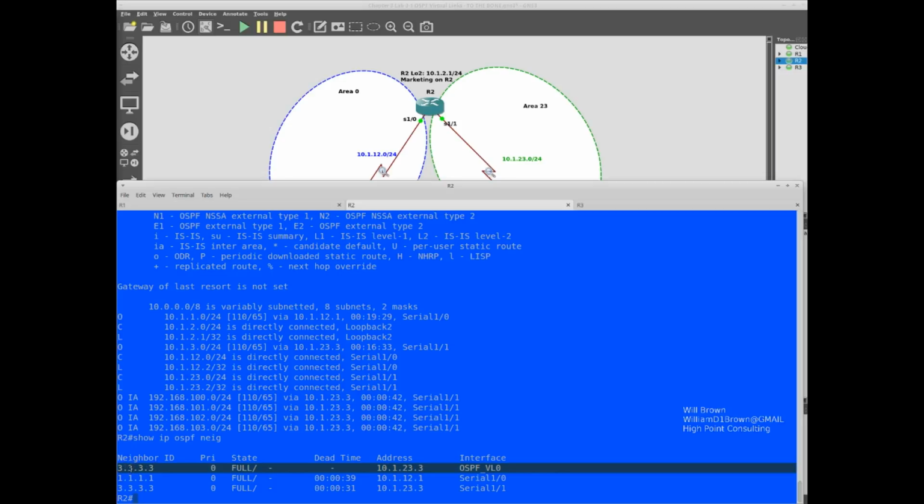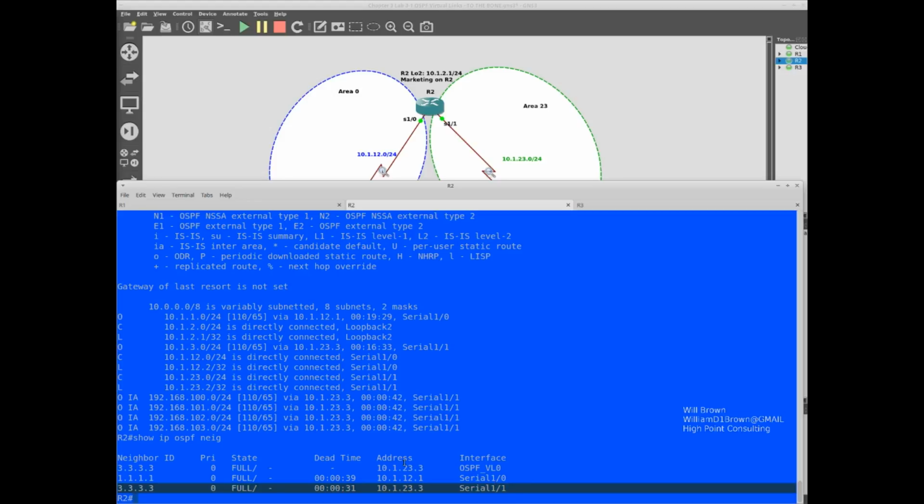I'm seeing the router ID of 3.3.3.3 twice, but it's important to keep following the logic of the line, because this first one is for the virtual link. The neighbor is with the ID of 3.3.3.3, state is full. That's the address for the interface, and that's an OSPF virtual link. And the other neighbor is router 1, and then this is the other neighbor relationship with router 3.